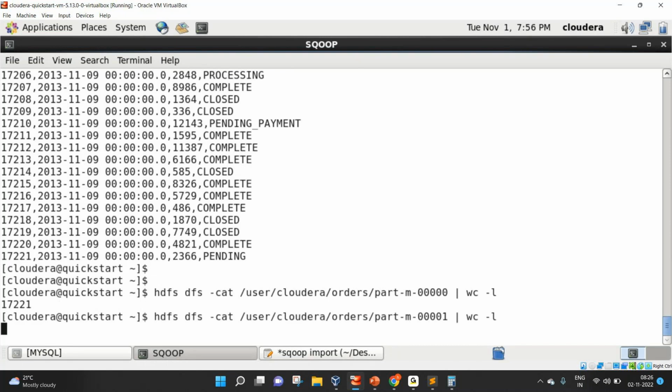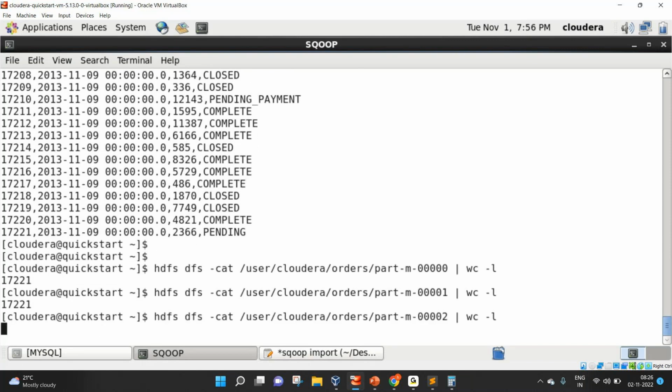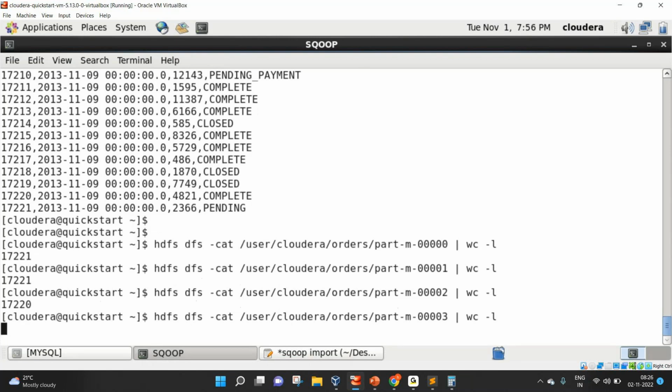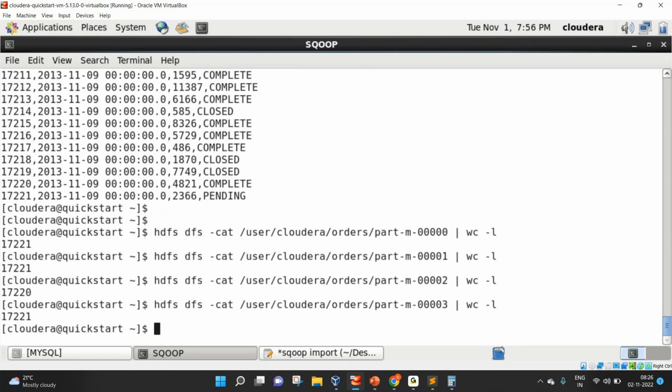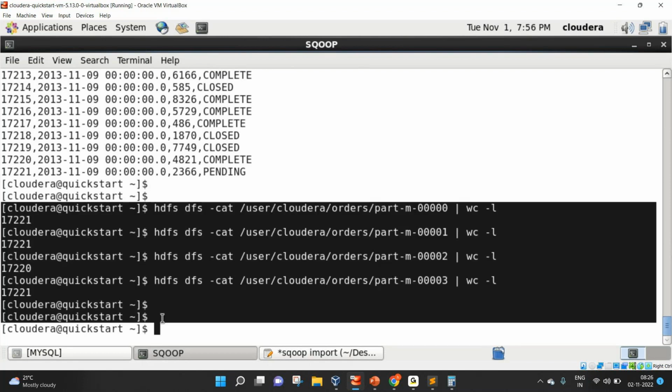So the next mapper also imported almost the same number of records. How about the next one? You can see it imported 70,220 records. How about the next mapper? 70,221. So you can see that every mapper or every thread is trying to do almost equal amount of work,